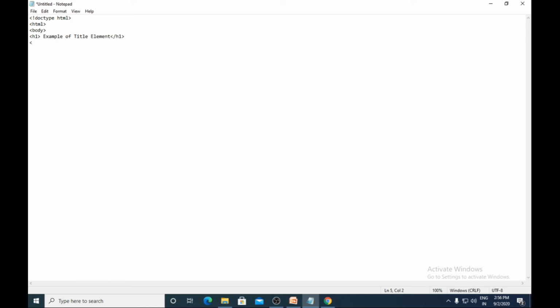Then write P. The attribute is title equals to, write the text, I am a tooltip. Close the double quotes, close the start tag of P, then write, this is a paragraph. Then close the P element, close the body tag, close the HTML tag. We will save this file.